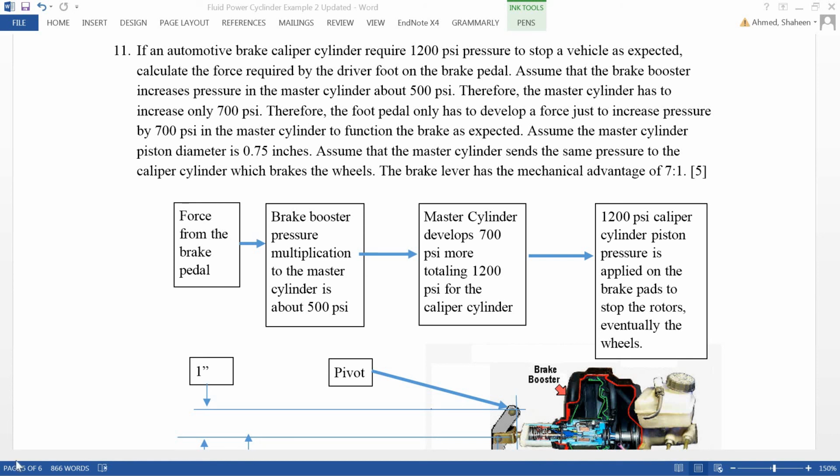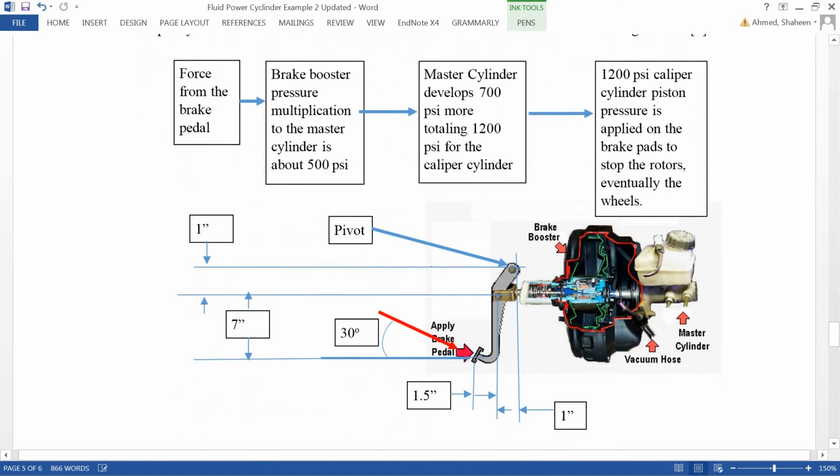This is an example of automotive brakes, how it works. It says that the caliper cylinder requires 1200 psi to stop a vehicle. Now this is the schematic. So this is the brake lever. Driver applies force here at the brake lever, and then that is multiplied by this brake booster, and then it